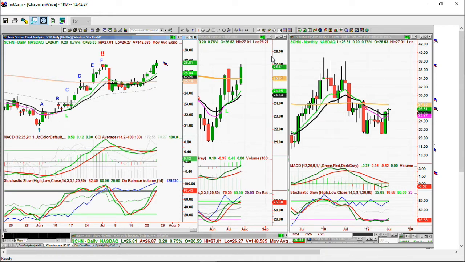And now it's got a brand new inside. Remember, this is what I always do. You've got a little flagpole, sharp move down. I always grab the rectangle, and then I say you could have an arch, a cup formation, going back in a Chapman wave methodology. You'd go back in a shorter time frame to at least a D. The objective would be to go